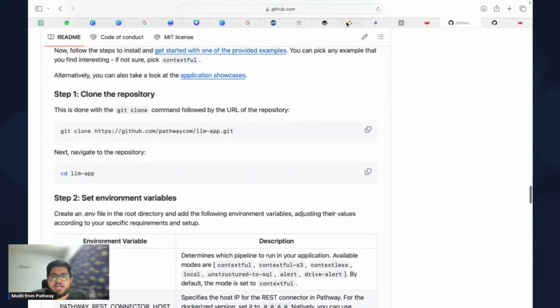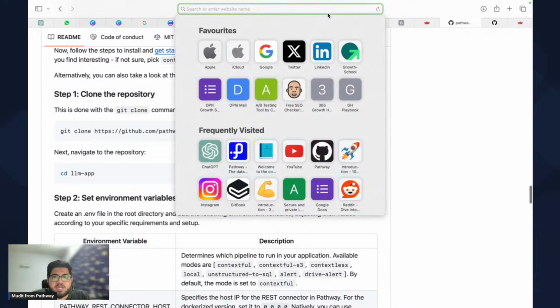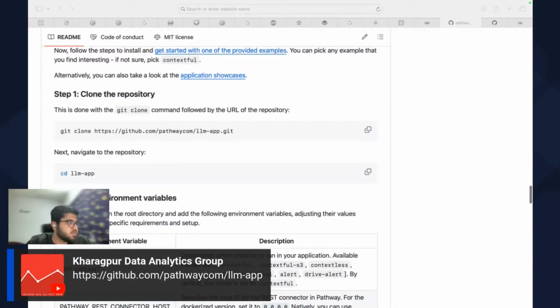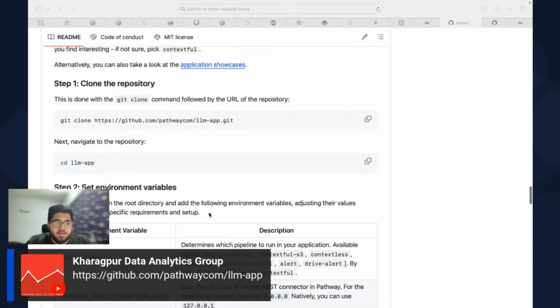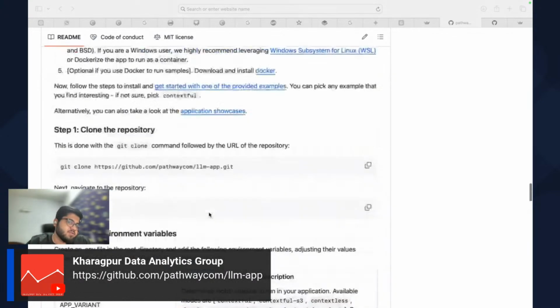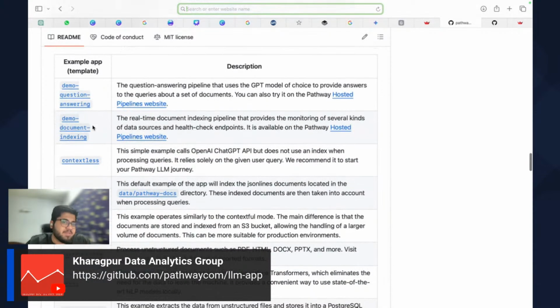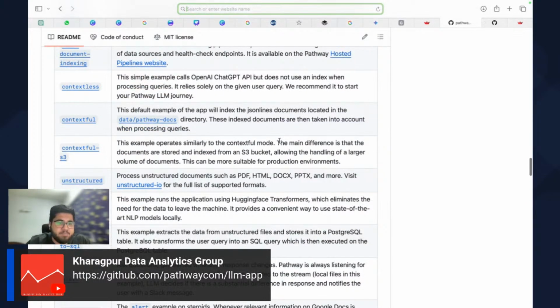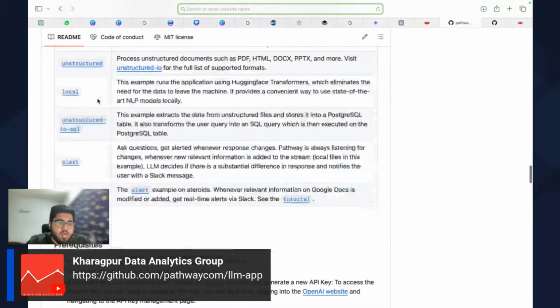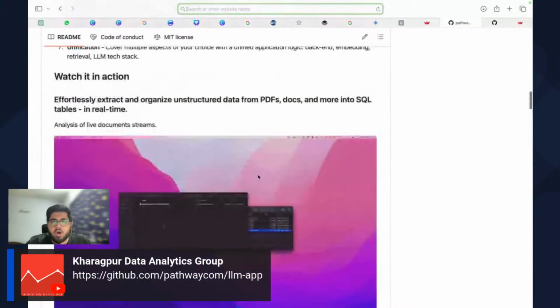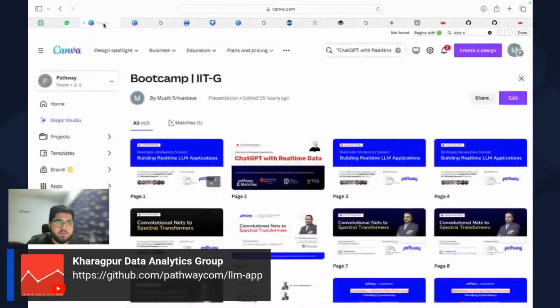This repo is not needed. LLM app, you can search for this thing. If you search for the LLM app repo, it has a lot. This is a good showcase. This particular repo has a massive set of really cool showcases. By the way, every open source framework, if you look at it, has something called examples. So there you can see a lot of examples that are uploaded. This is just one of the examples that we saw. How to run the examples and everything, you can find within the repo itself. Just spend some time reading it, or else join the boot camp, which we are coming back to next.